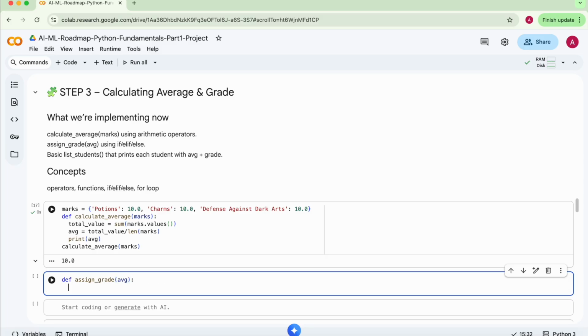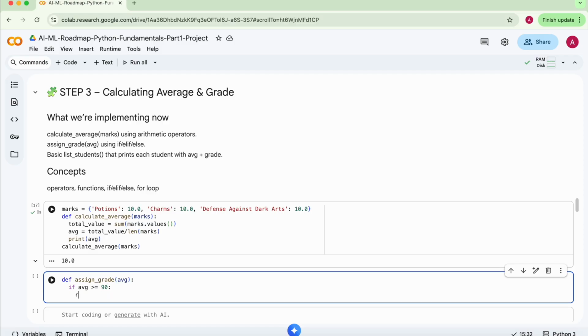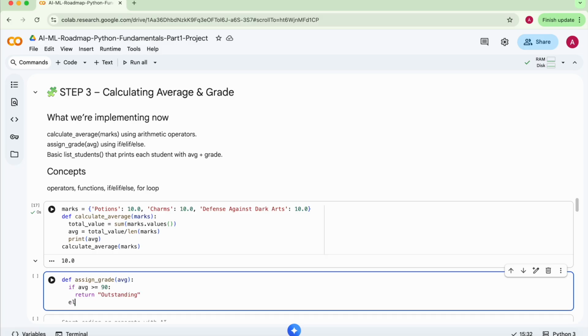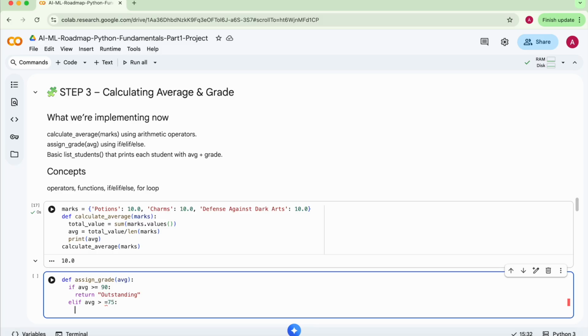Let's decide something like, if average is greater than or equal to 90, I'll say the result is outstanding. If average is greater than or equal to 75, I'll say the result is